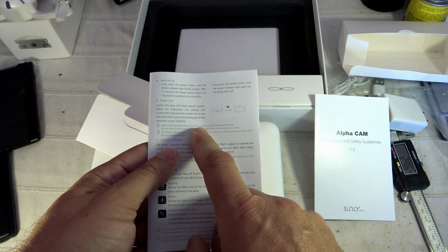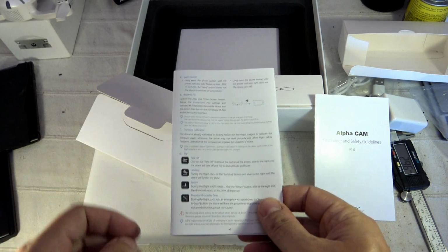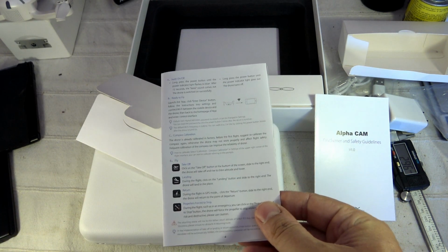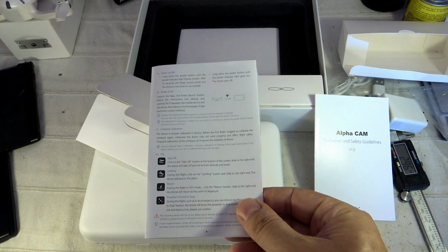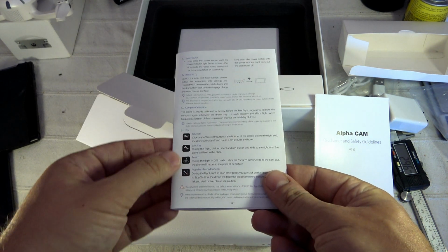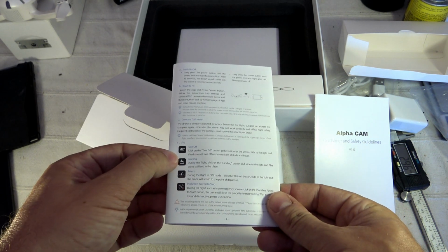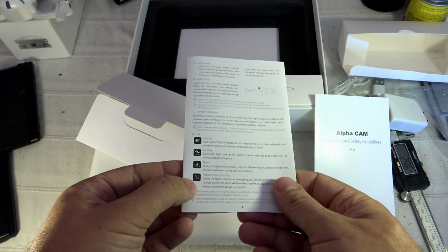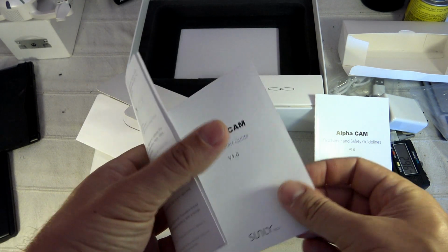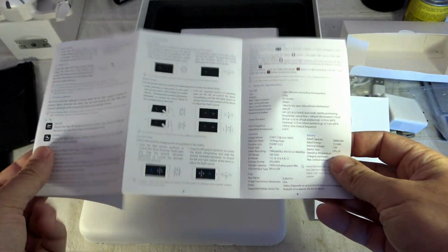So be aware of that, and I will show how to connect to the Wi-Fi, because there is no problem, but there is a trick to do for some special Android devices. You will find all the explanation of the interface, the different icons you can find, the takeoff, landing, return to home, and when the props are forced to stop because the props hit an obstacle, for example, in case of crash, and how to